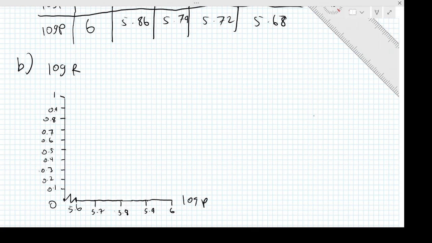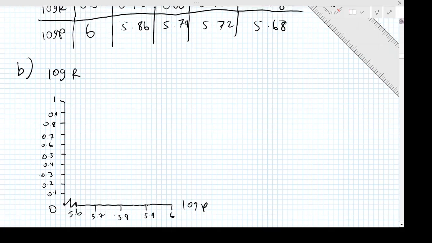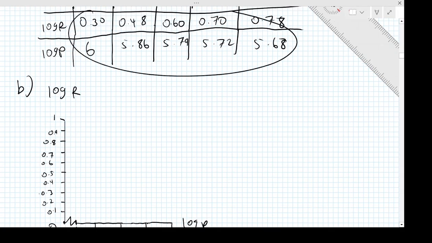Okay, that's on the sort of x-axis, right? It's log R against log P. Okay, and so simply then, if we're going to plot log R against log P, we're going to take our table values right here. So firstly, again, log R